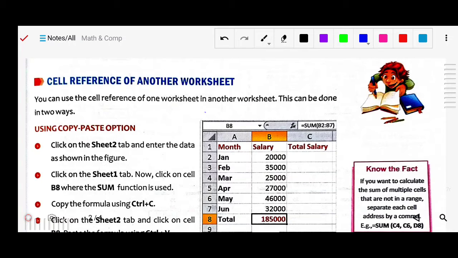But in the case of absolute references, how to identify them? In the name of the row and column there will be a dollar sign, like $A$1. Before A there is a dollar sign, and before 1 there is a dollar sign. Absolute references are the fixed ones that will not change; the value will be fixed. Mixed references are a mixture of both absolute and relative.